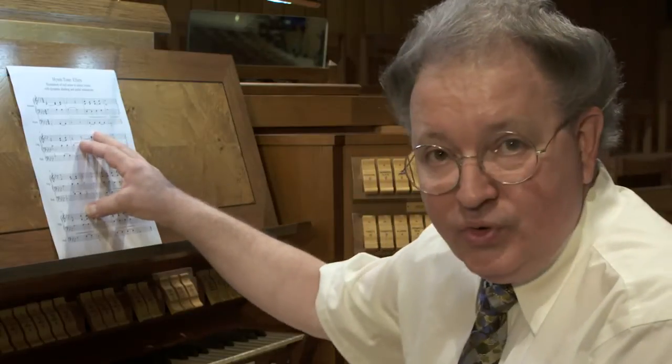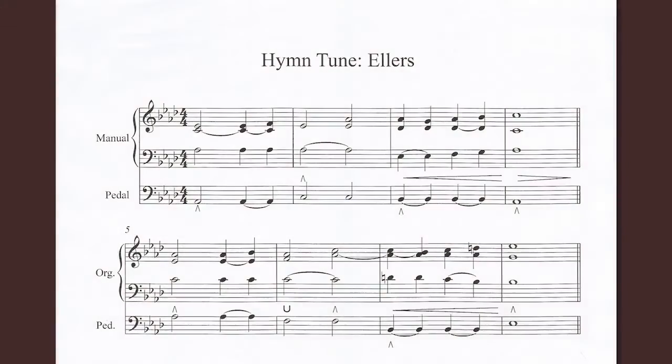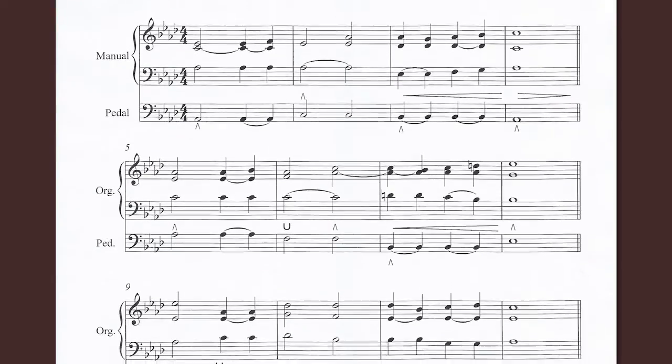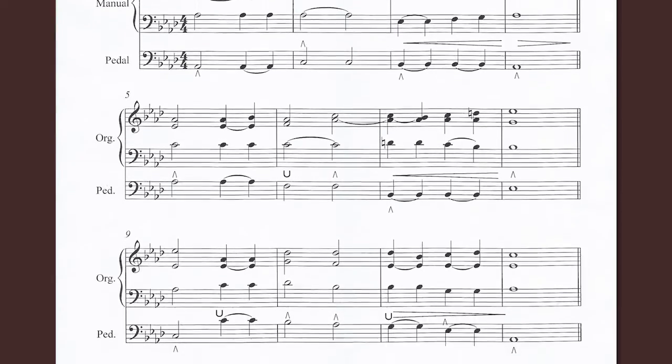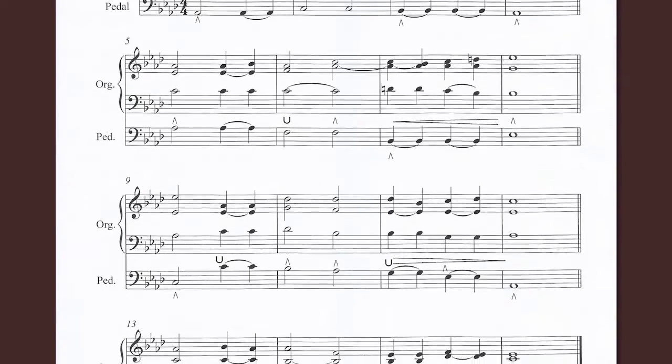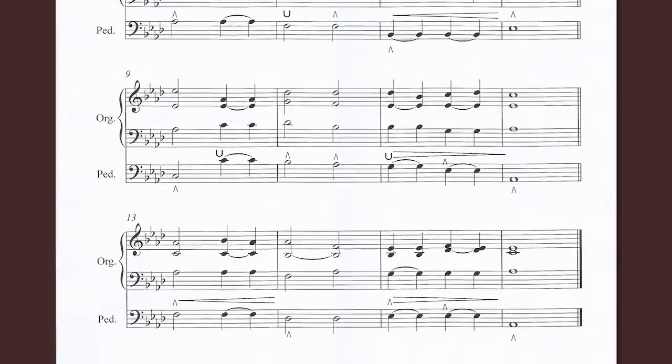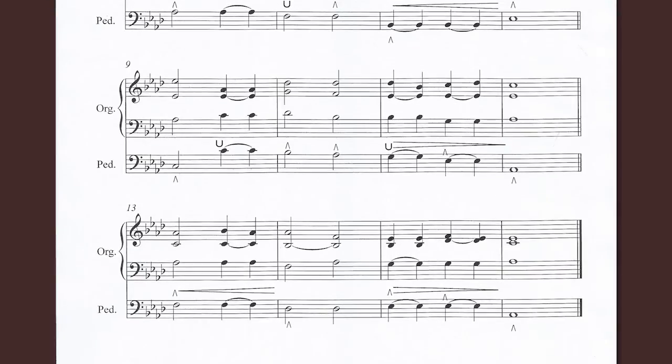This is our tune, Ellers. We had it a few lessons ago. You'll notice that each of the 4 phrases ends in a whole note. And there's another phrase that begins on a downbeat right after it. You know, your singers are going to probably wonder, well, when should I stop singing that note? When should I take a breath? And of course, if the organ is sustained through that,